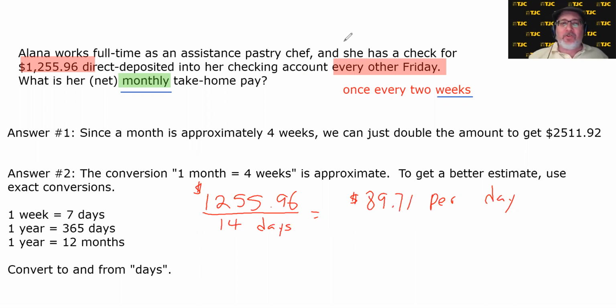Okay, so now we're at days, but remember, we want months. We don't have an exact relationship between days and months, but we do have days and years, and then years and months. So $89.71 per day means that if we took that $89.71 and multiplied it times 365, remember, this is what she gets on average per day. If we multiply $89.71 times 365, that means she makes or brings home